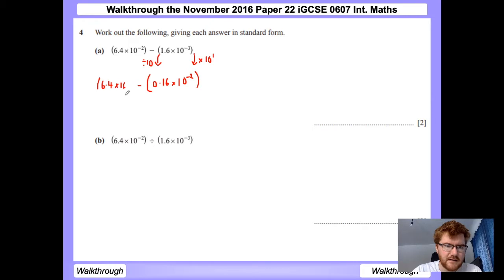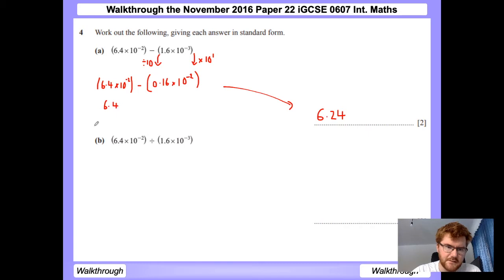But the great thing about this method is once we've done this kind of strange calculation, because they have the same base, we can just minus them as normal. So we get to our answer of, well, 6.4 minus 0.16, that's going to be equal to 6.24. Remember, if you're minusing,